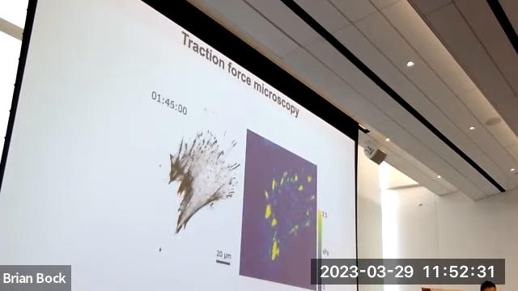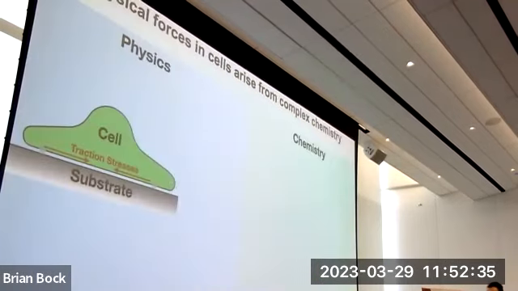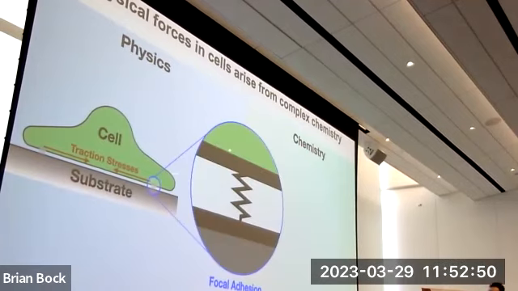But that would be only the first step towards building what I would call a canonical model. So the first thing that we need to understand is what the hypotheses are about what generates these forces. And one school of thought, which I understand is not the only one in biology, is that there are special places where the cell adheres to the substrate that are responsible for generating those forces.